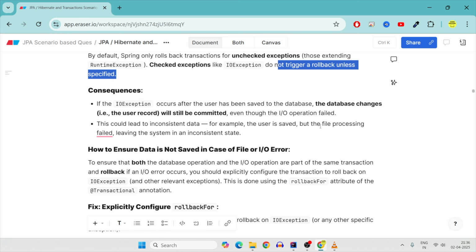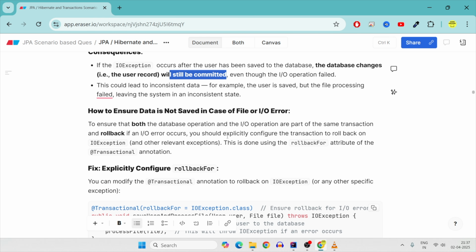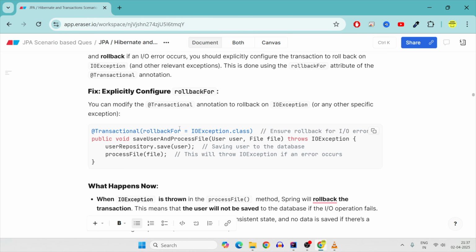And what is the consequence? The user record will still be available even though you had a file IO exception. So this will lead to inconsistent data. And how do you make sure it doesn't happen? You explicitly say that please roll back for the checked exceptions also. So if you throw this IOException in your method, you have to mark this rollback also for this IOException.